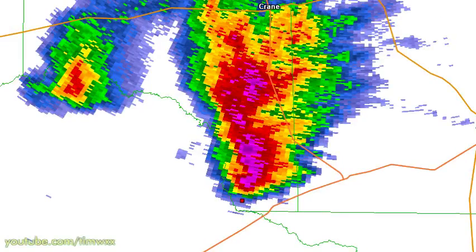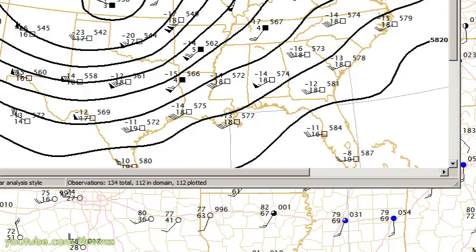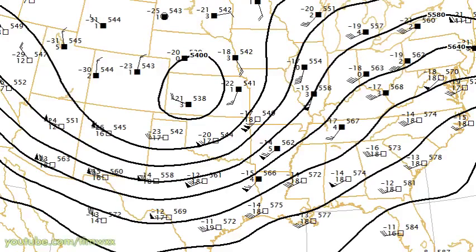Okay. So I'm going to show you something a little bit different. I've got some historical data loaded up. So if y'all think you know what day this is for, feel free to mention it. This is a major historical tornado day. So we're starting out here at 12Z. We've got a